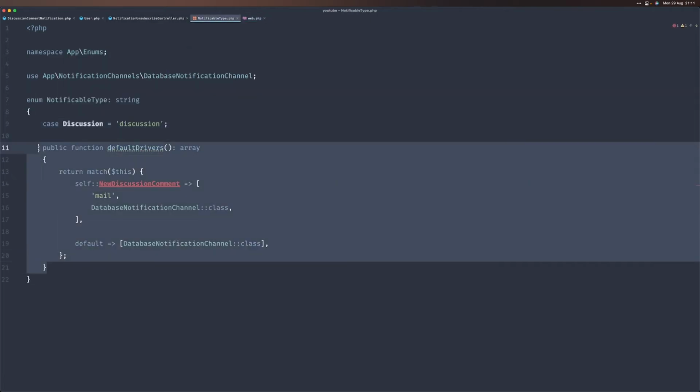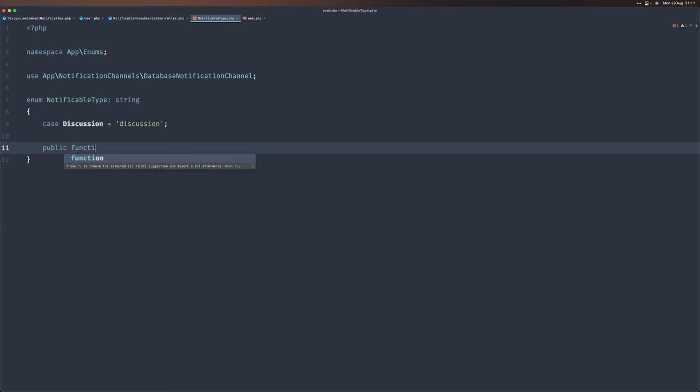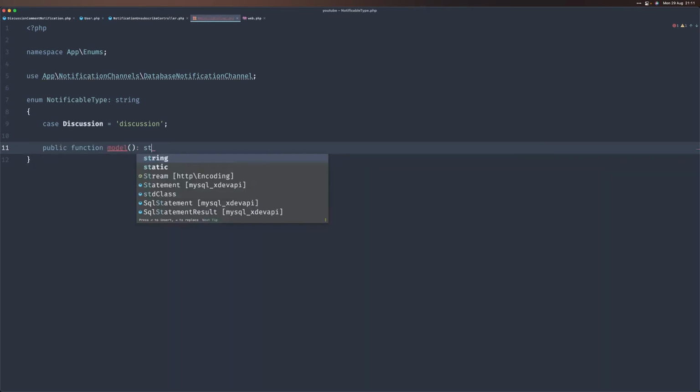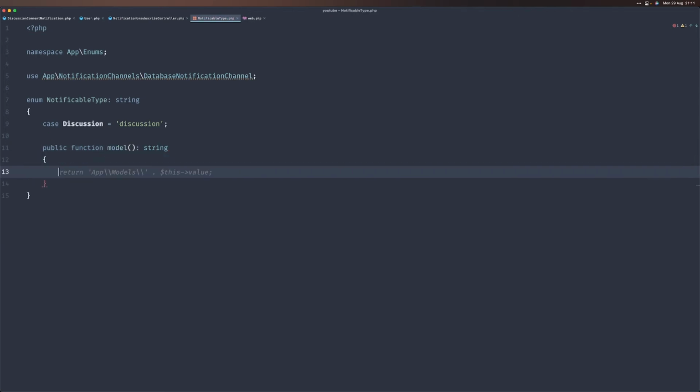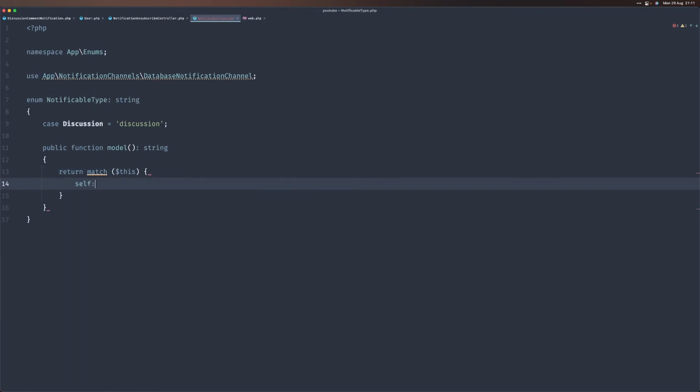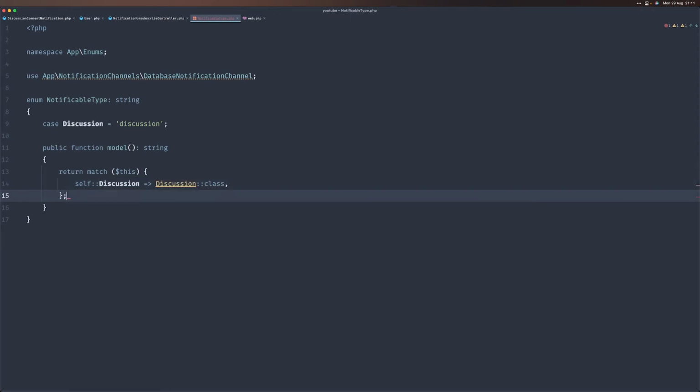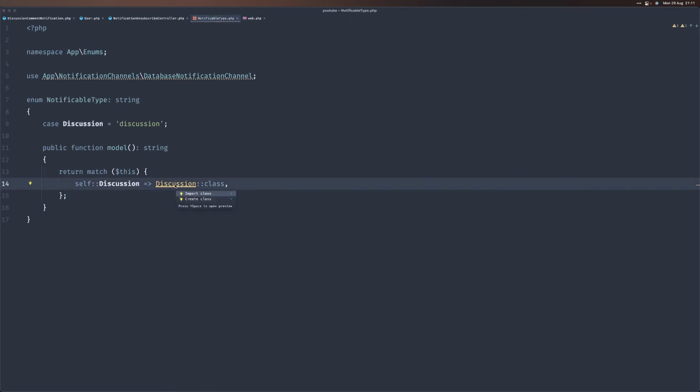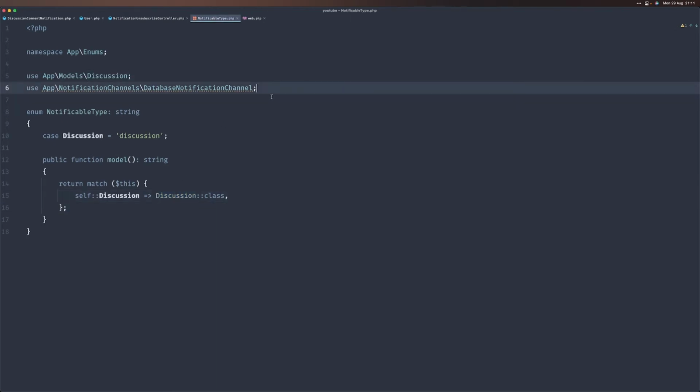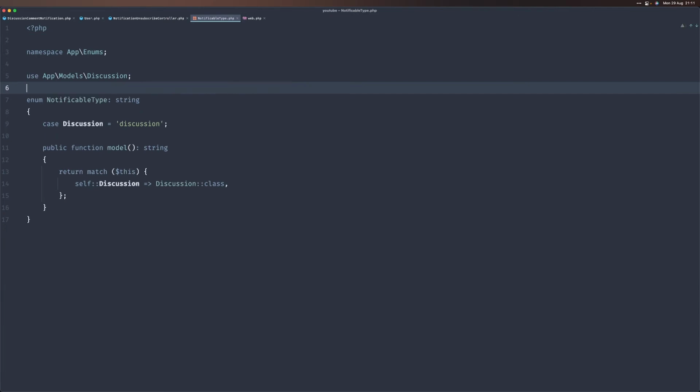Okay, so here we can add a public function called model that will return a string because it will return the name of the model. And I will just use a match with this. So they should really fix that bug in PHPStorm. Whenever you autocomplete methods in enums, it will just replace your call with self. I'm pretty sure I talked about this already. Okay,